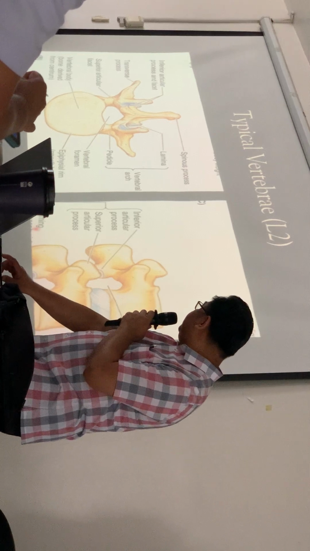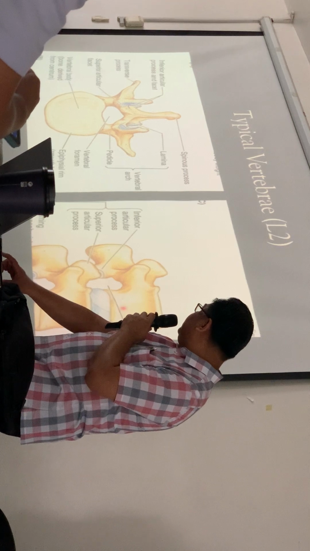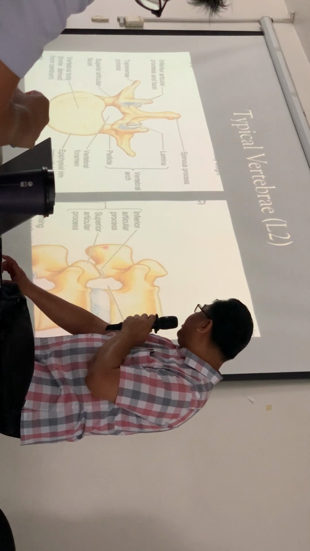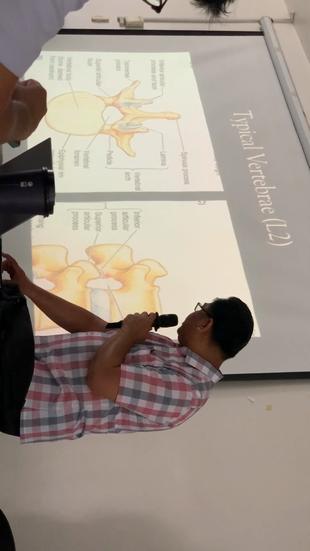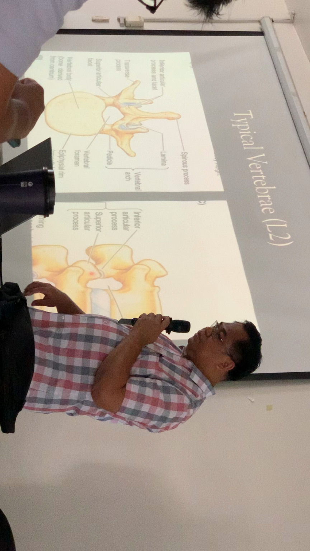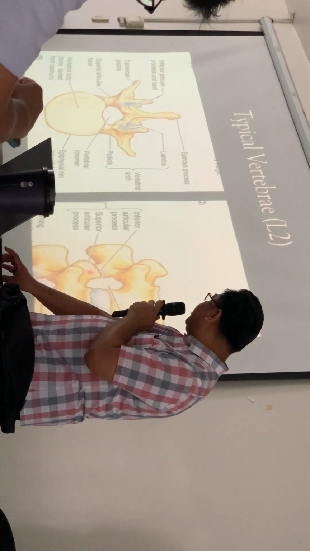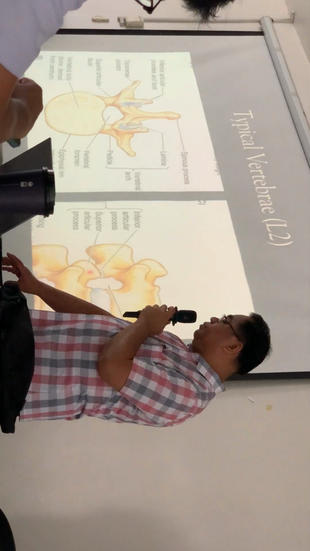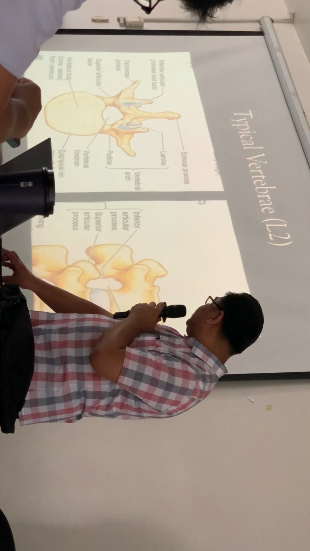This is the side view. So you can see the vertebral body here. And then there's the spinous process, the posterior spinous process. And then an articular process here that articulates with the process of the vertebra below it. So the inferior articular process articulates with the superior articular process of the next vertebra. Then we have an intervertebral disc here, in between bodies.